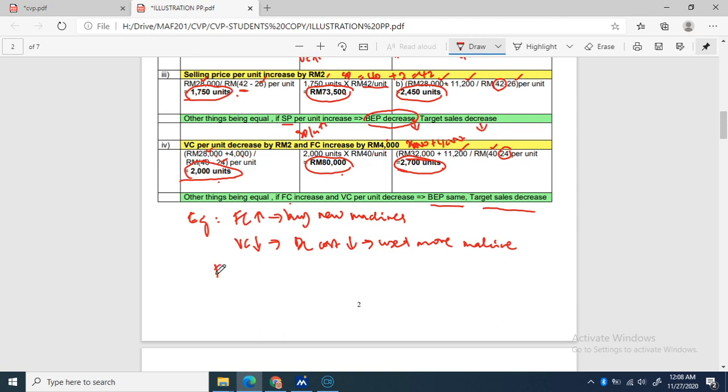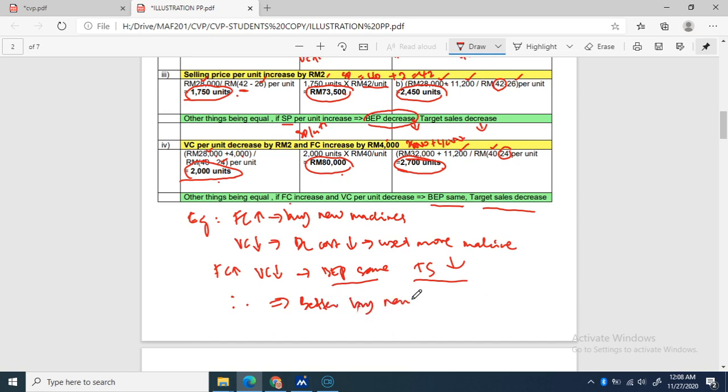So if fixed cost increases and variable cost decreases, BEP is the same and target sales is reduced. From this data, the company should make a decision whether to buy the machine or remain using labor in the production. The effect is BEP is the same, so the number of units sold for no profit or loss is the same. But what will happen to the target sales? When your target sales is reduced, it shows that the company is better off